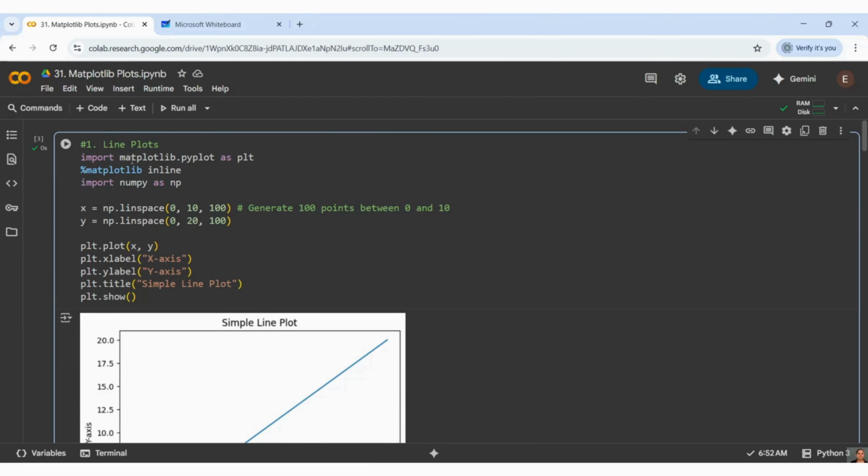So guys, you can see here in the first example I have shown you line plots. Like I have already said, I am covering all the important plots which are helpful and which you will come across most of the time when you're working. So line plot, again I said it's a default plot in any plotting. And how we are implementing the Matplotlib library: import matplotlib.pyplot as plt. plt means it's a plotting object.